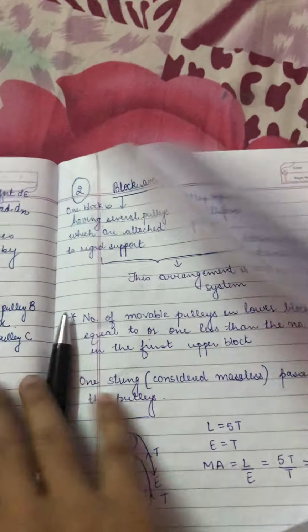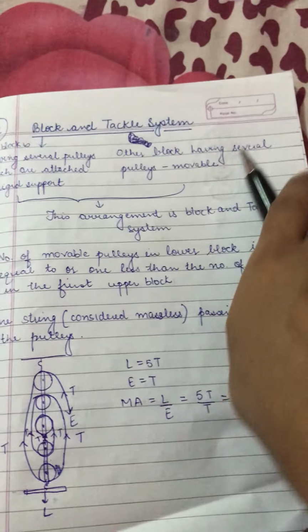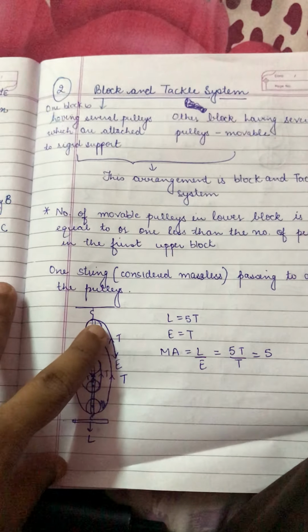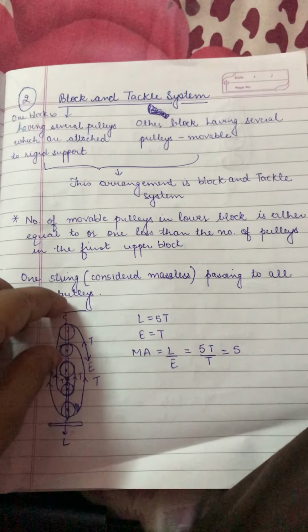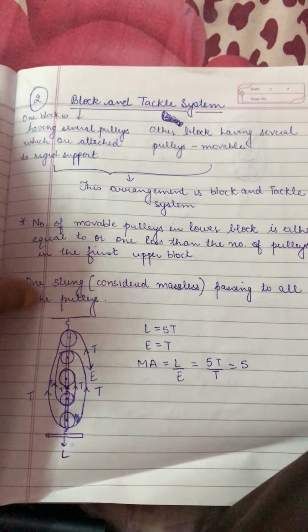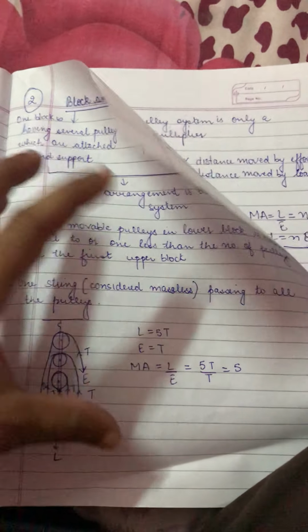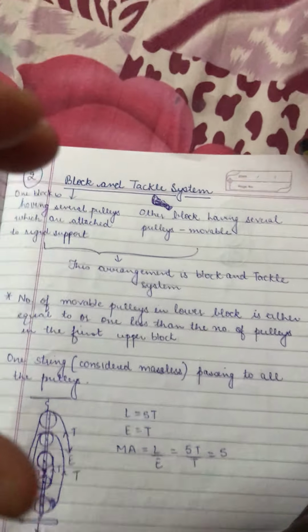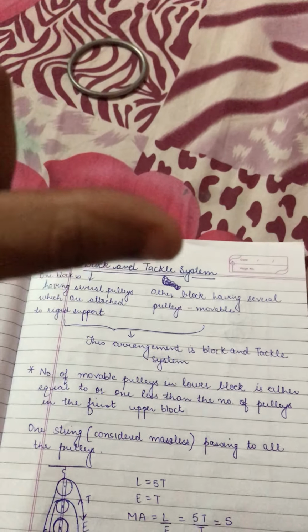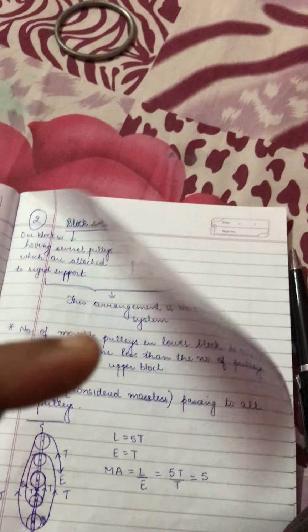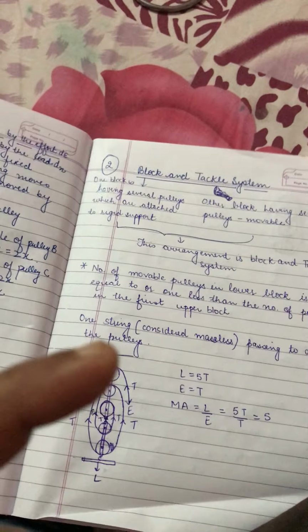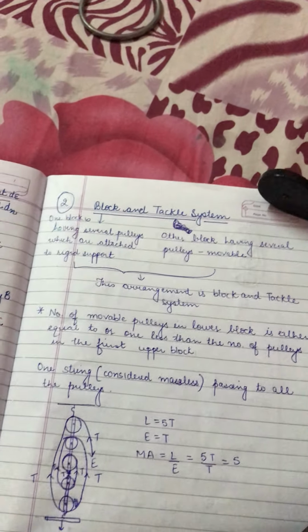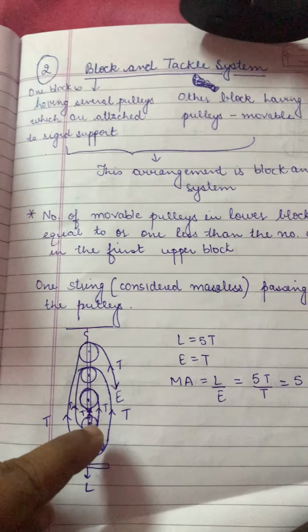Okay. Now the next what we are having, block and tackle system. Block and tackle system is basically that you are having pulleys, one set of pulleys and another set of pulleys. One set of pulleys and another set of pulleys, meaning suppose I have 4 pulleys. 2 pulleys are attached to the fixed support, then the lower pulleys are attached to the load, and the combination of all the pulleys is with a string. I hope you can see this.